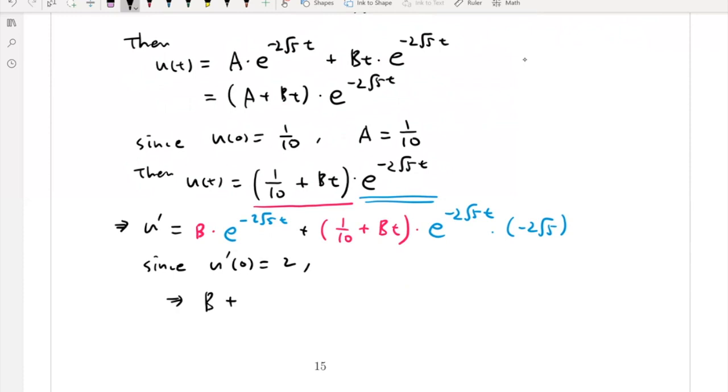So you have 1 over 10 times negative 2 square root of 5, so this is not plus but minus now. It is square root of 5 over 5 must be equal to 2. So finally, your b can be found by 2 plus square root of 5 over 5. Okay? Now with this b value, we can update